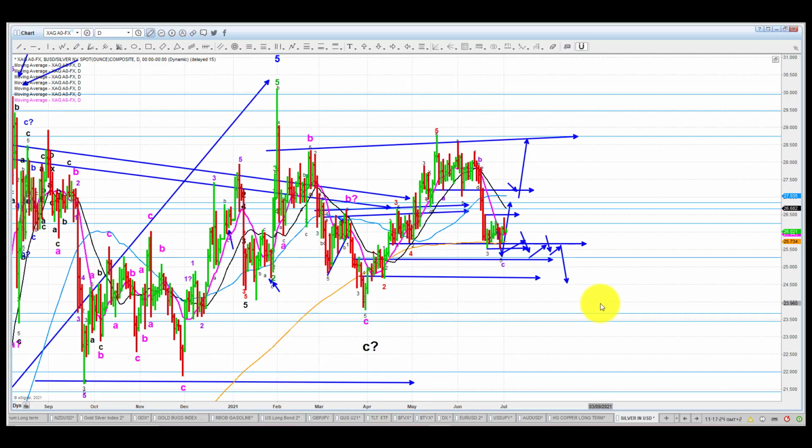Okay, we've got silver here on the daily scale, silver priced in US dollars. As I told you in the introduction, this is a key moment for silver and gold. If they are unable to mount a rally, in the case of silver, above 2650, and it keeps sagging and just hangs around here for the next week or two, that is clearly a signal that it wants to go lower. In the case of silver, it is leaning on the 200 moving average. Do you see that? It's sitting on horizontal support as well. So it's quite a key level.